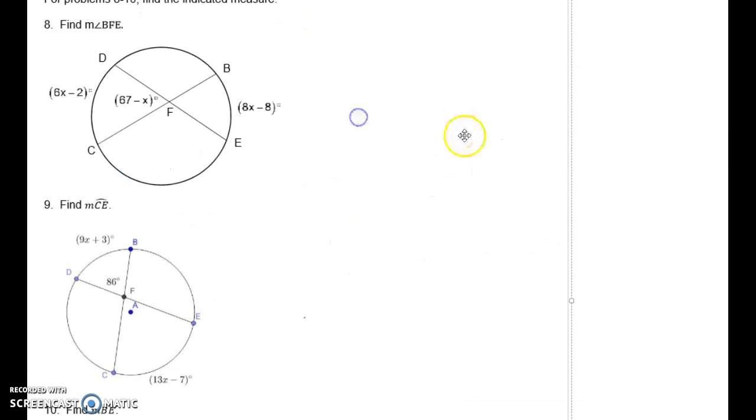So in practice, a question like number 8, where we have these two arcs given to us, and then we've got that central angle, what I can do is take the average of those arcs. So let's average those two arcs that are across from each other and set that equal to the central angle. So I'm going to take 6x minus 2 plus 8x minus 8, and I can divide that by 2, and that's going to give me 67 minus x. Now, I can do one of two things here. I'm definitely going to combine terms, so to get 14x minus 10,